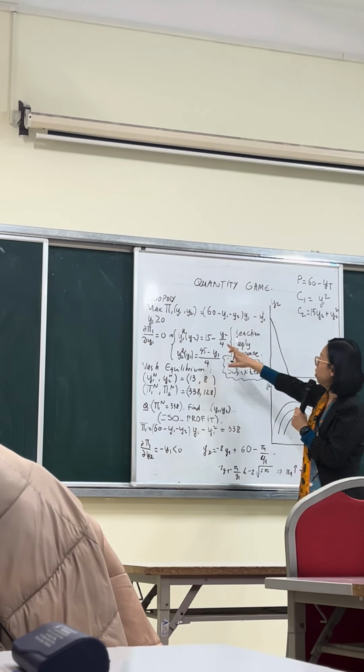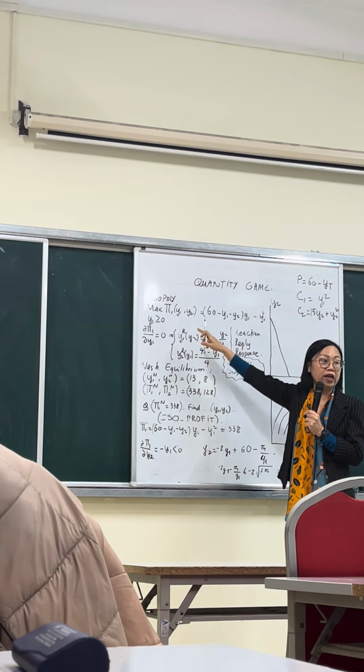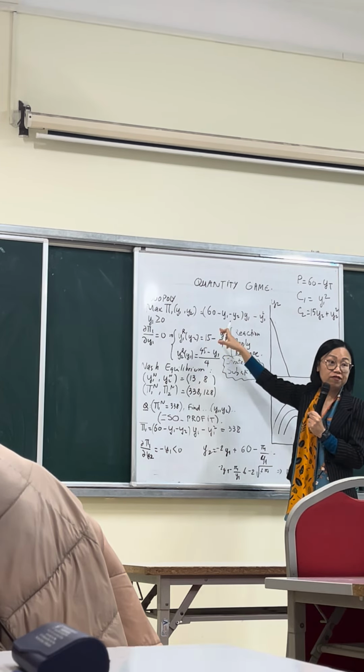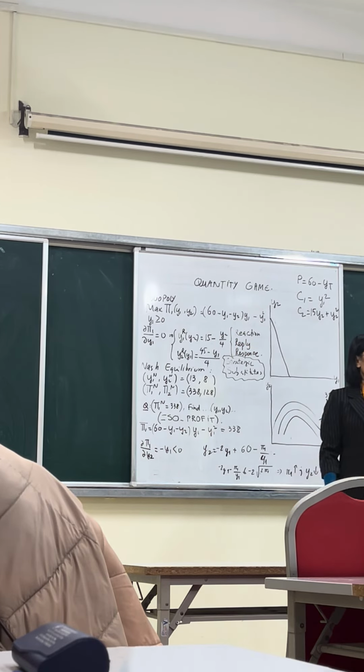So you sell more, I sell less, and therefore I gain less money. Vice versa. You sell less, I sell more, I have more money. Very intuitive. As we serve the market, you sell more, I can only sell less, and therefore I cannot make a lot of money. I can only make a lot of money when you sell less. So you sell less, my profit is higher.